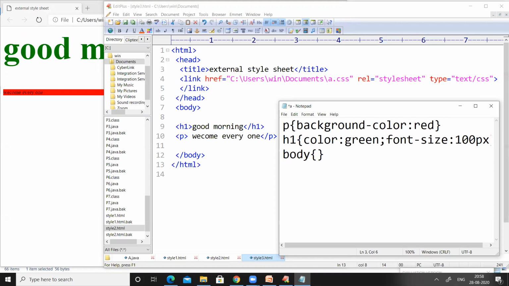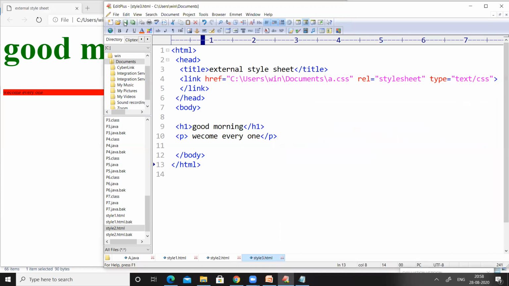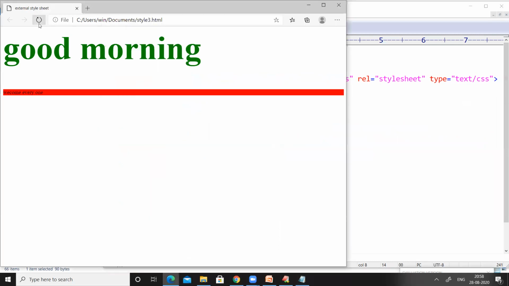Body. For the entire body, I want a light gray color. Save the code, save the program, and then refresh here.